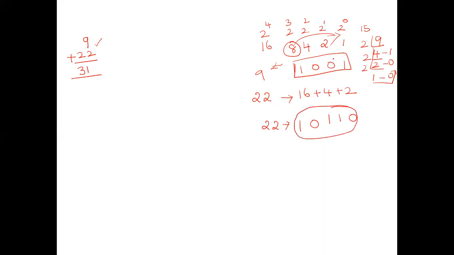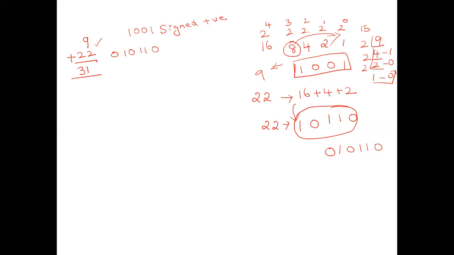By representing 22 you need 5 bits. By representing 9 you need 4 bits, but it is a signed positive number. So definitely I will add one more bit. That bit indicates a positive or negative number. So 22 will be represented as 10110. I will add one more bit in the most significant position. So the binary representation of 22 is 0 1 0 1 1 0. What about 9? 9 is 1 0 0 1.